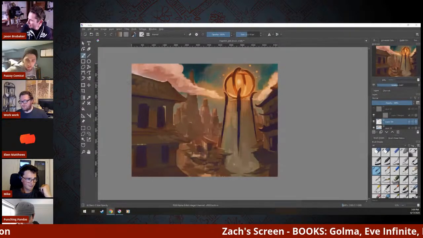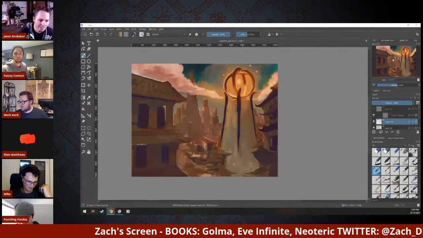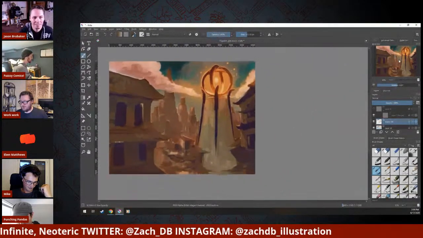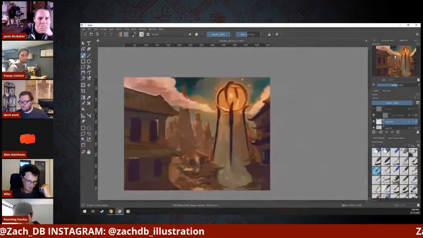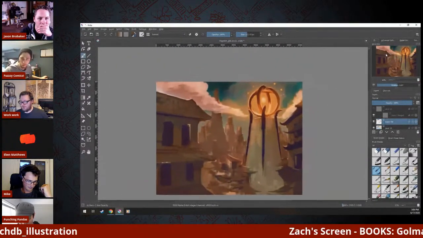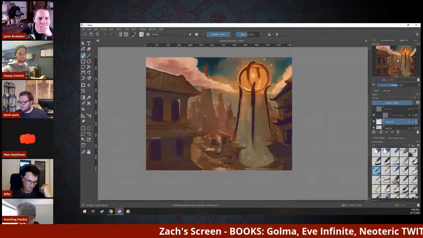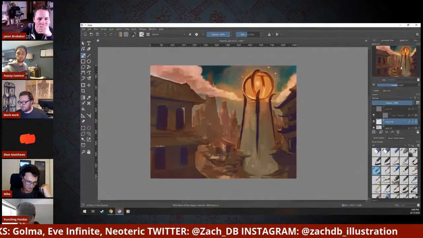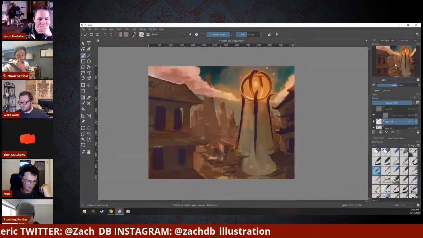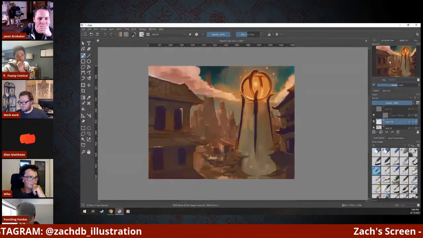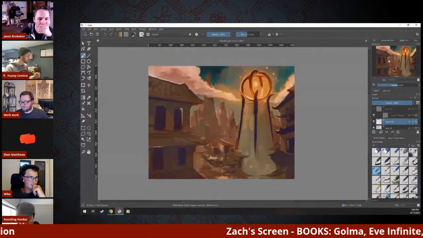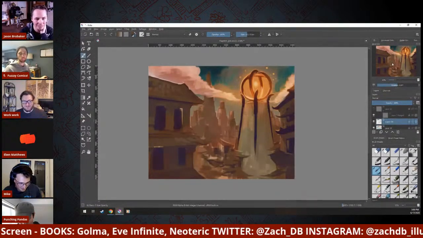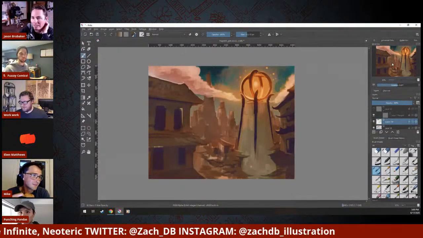Yeah, and I am working on Golma. Right now I'm doing kind of like an Ashcan. I added some pages to the intro to kind of explain some things because I'm waiting on some things, but I said, well, why not just make more story while I'm waiting? So these pages are new, completely not planned at all. More pages for the book. Nice. Looks really good. Thank you. Can't wait to get it.